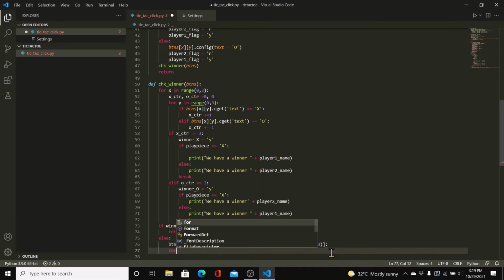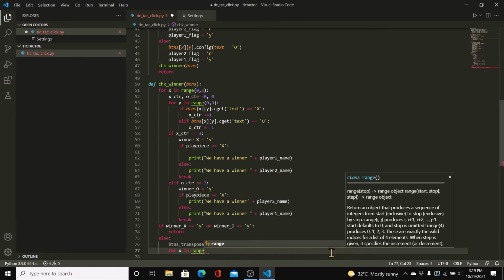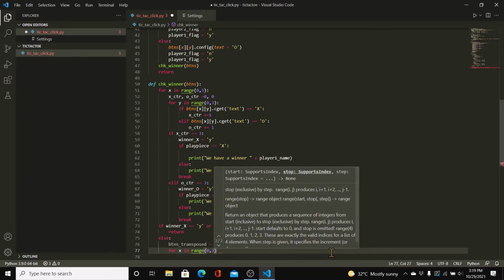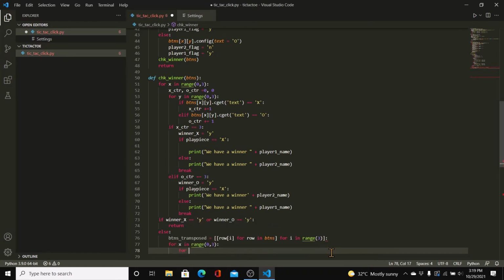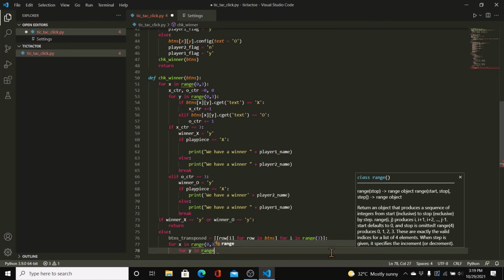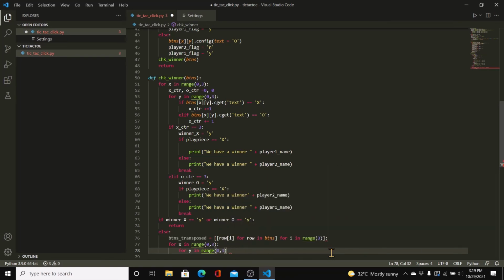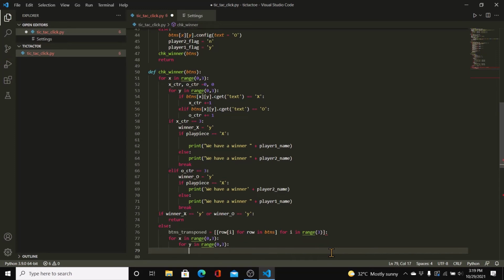Here we'll say for X in range 0,3, and then for Y in range 0,3. But now we are using buttons transposed. The list, that is, we are not using the button list. If BTNS transposed X Y dot CGet text,